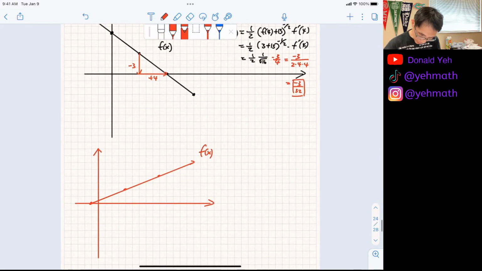Okay, so this question, I'm gonna say g of x is equal to f of x plus, I don't know, plus